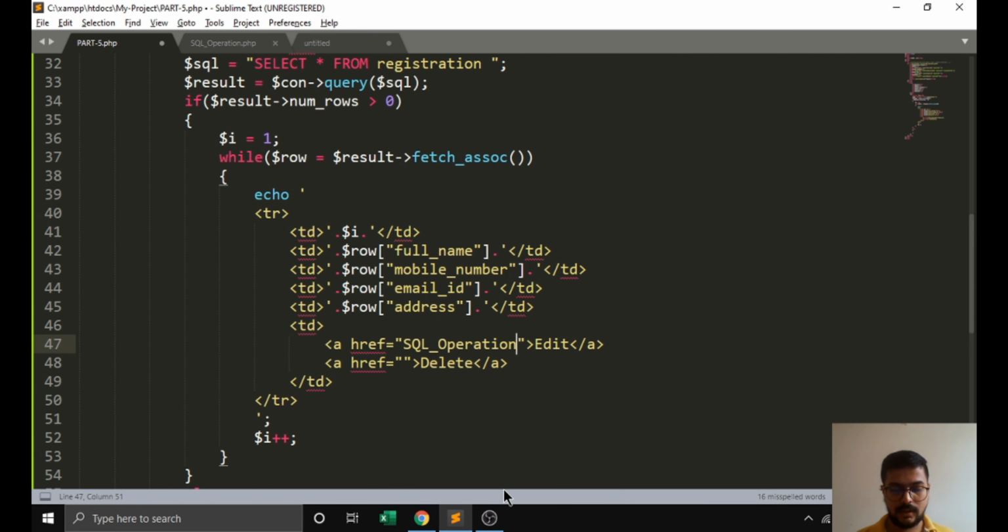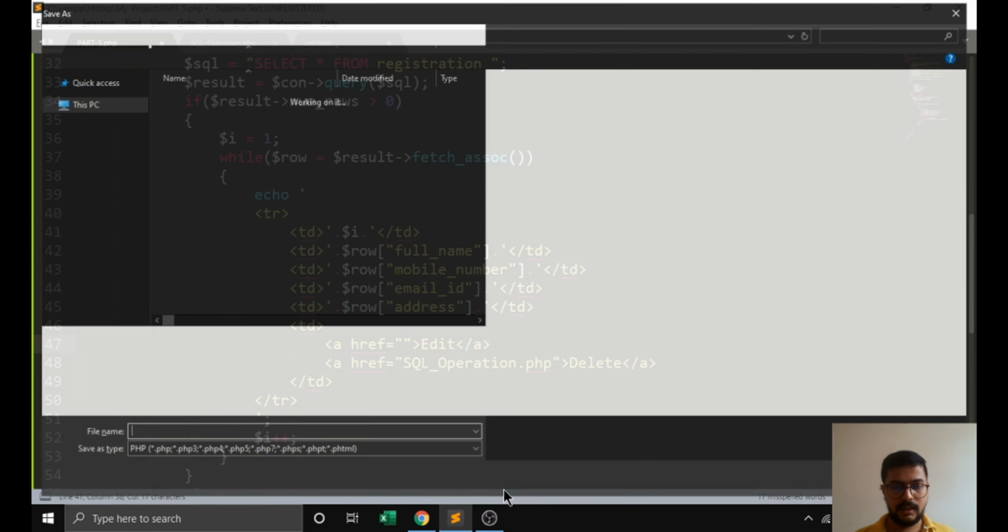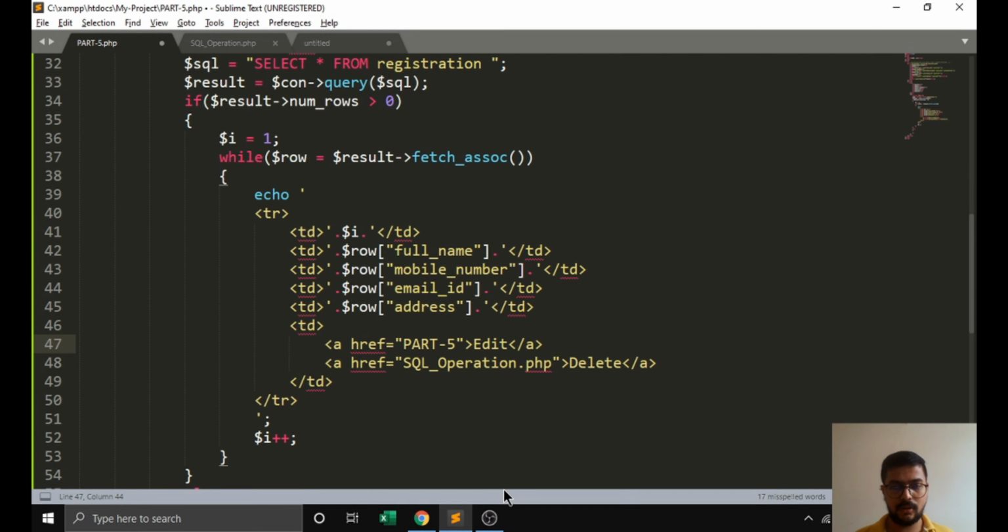We write PHP here, not here, in delete only, and in edit we require the particular page name. PHP edit ID is equal to, here we have to pass the edit ID.